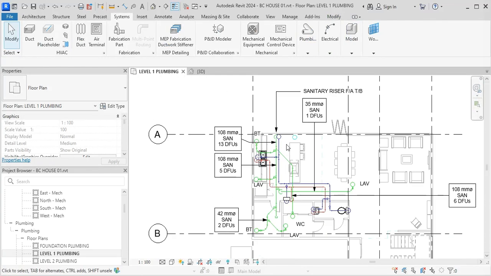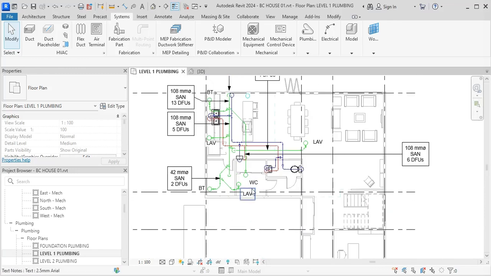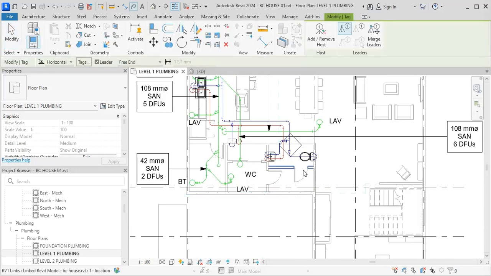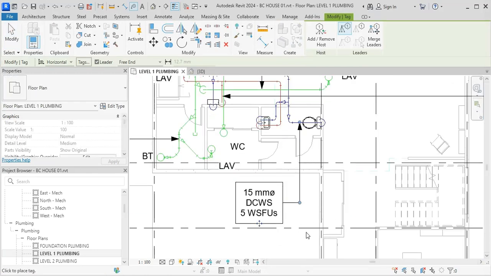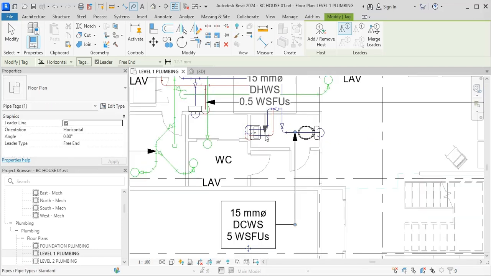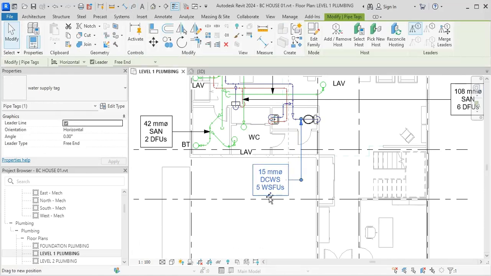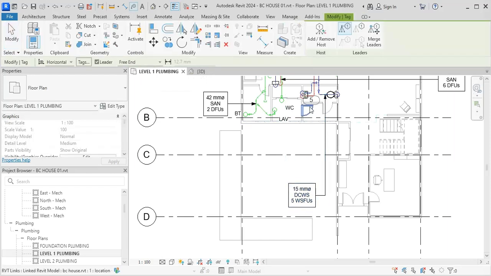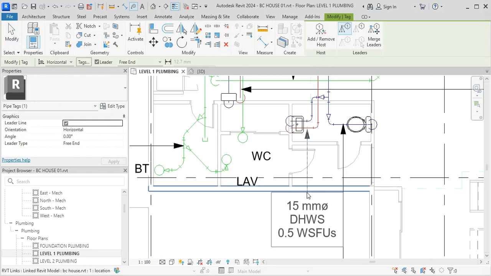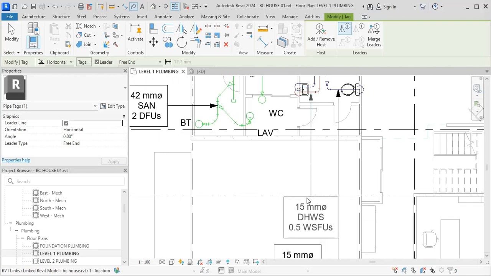Now we have supplied our water to all the plumbing fixtures. Next thing is to tag them. TG for tag, right about here, and then here, and then here. And I want to nudge it so that we put 3 above each other. TG for tag, and click here,